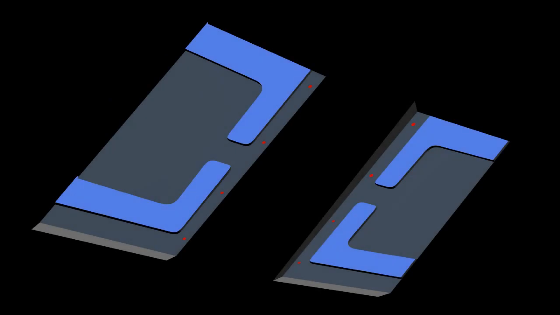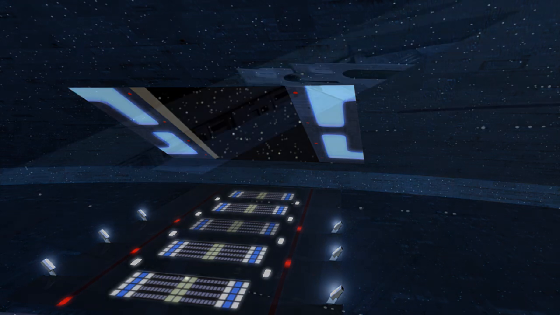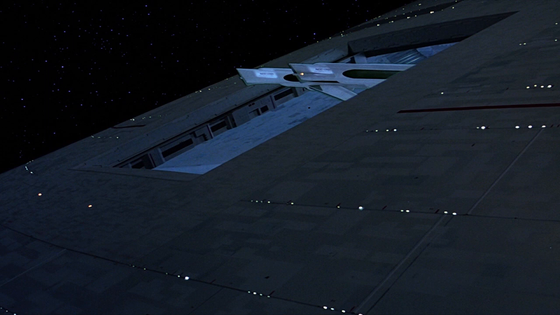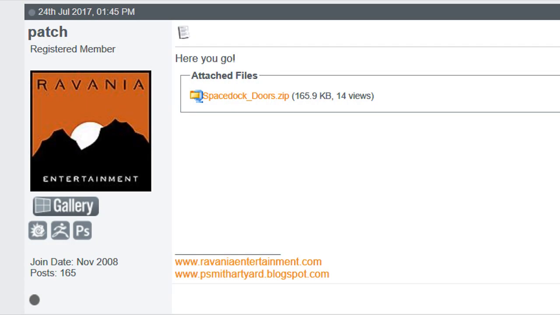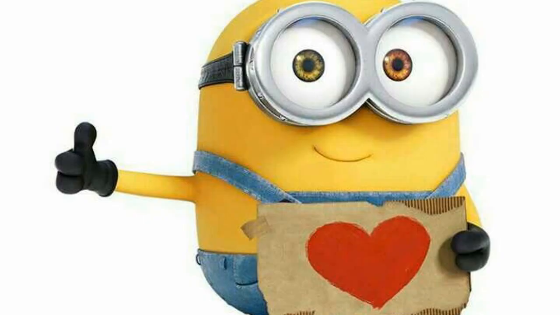The original doors were just too simple. They lacked that interlocking geometry that I would need for a convincing egress shot, and I didn't have the skill set to effect such detailed shaping. Fortunately, a generous modeler named Patch answered my call for help and delivered some truly impressive door replacements. Now, at that point, I was pretty much set and ready to resume editing and animation, until